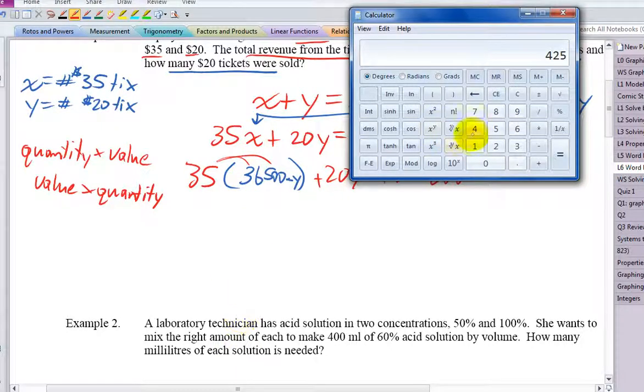You'll need a calculator for this. There's going to be some big numbers here today. And we can get